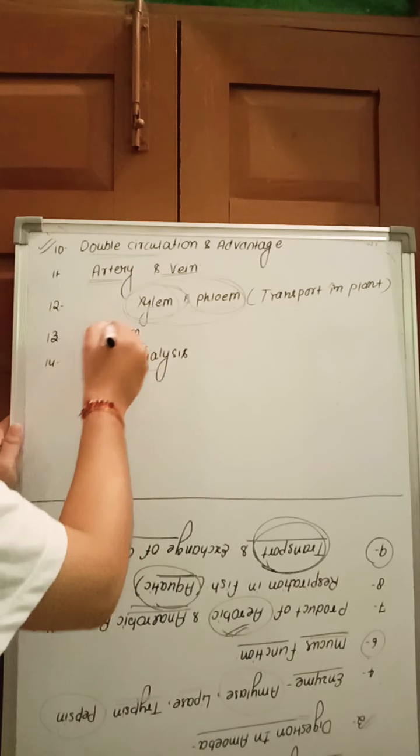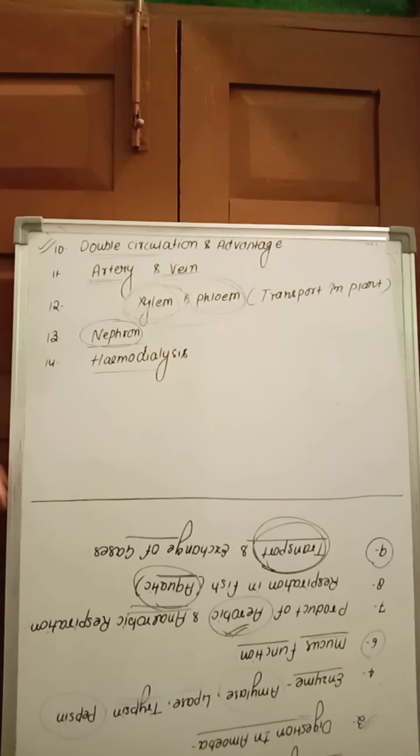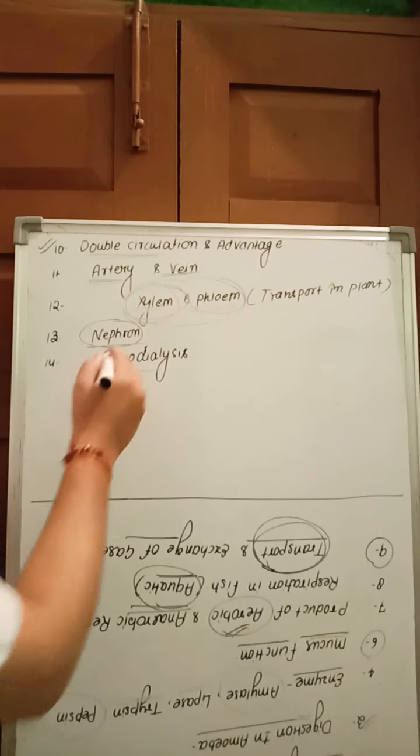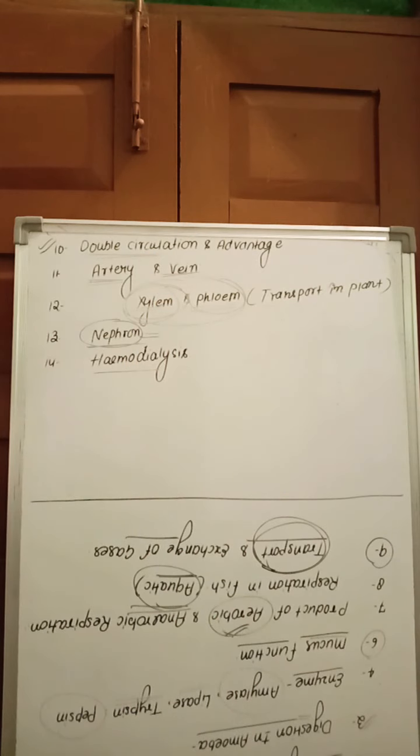Okay. Next we move to the nephron. The nephron is the unit of the kidney that helps in the removal of nitrogenous waste products present in the blood and excretes them from the body. The nephron has many parts: glomerulus, loop of Henle, and collecting ducts. The loop of Henle helps in the reabsorption of water and other substances. The glomerulus helps in the filtration of the blood, called glomerular filtration. So that is the structure you can see and their function.